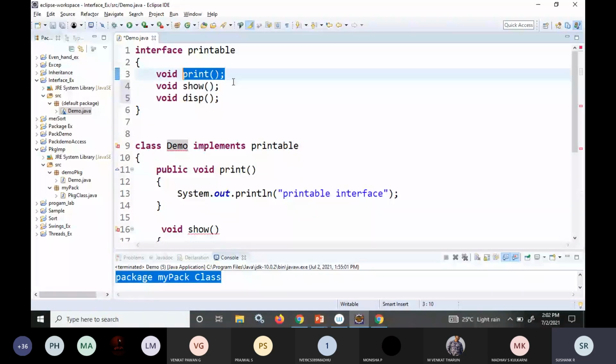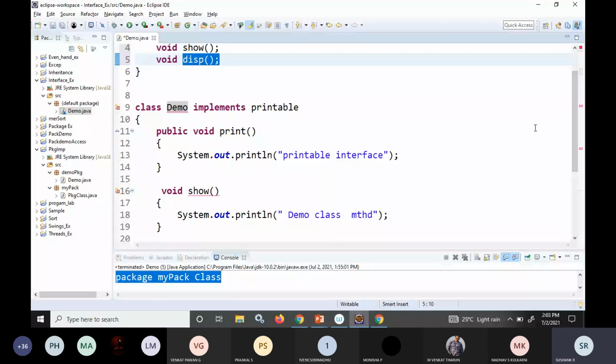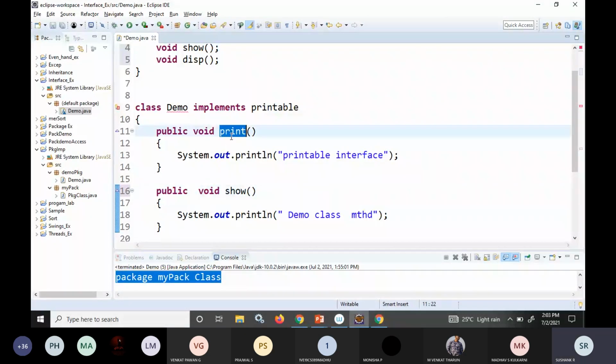But this class called Demo will provide the implementation of only the print function and the show function, but it will not provide the implementation of the display function.